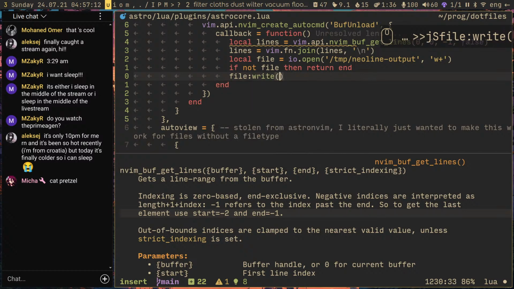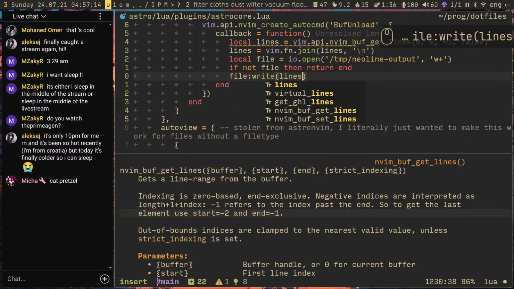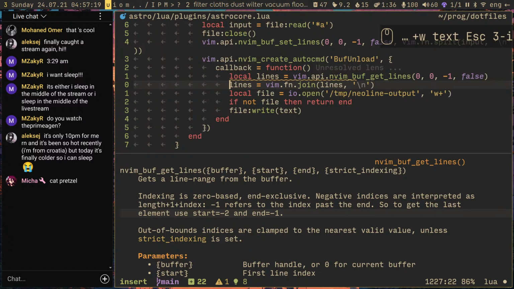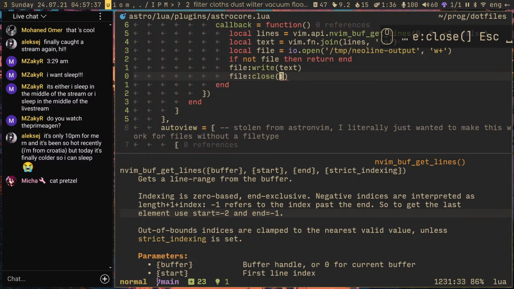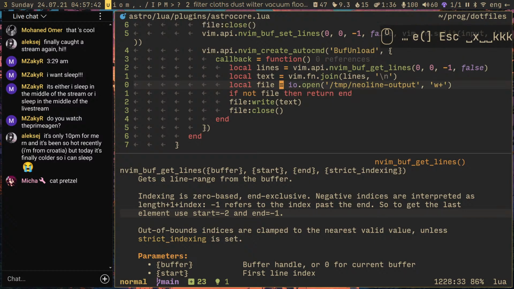File write lines, which should be text now. I'm not sure why everything is so slow right now. It's kind of wild. It's usually instant. So we write and we remember to close, because Lua is a language that doesn't use RAII, or, as a matter of fact, anything good at all. God, I hate Lua so much. So